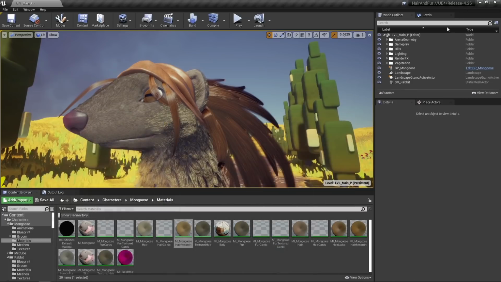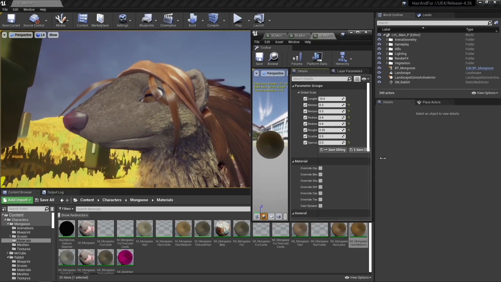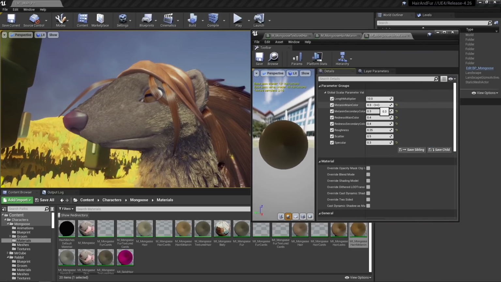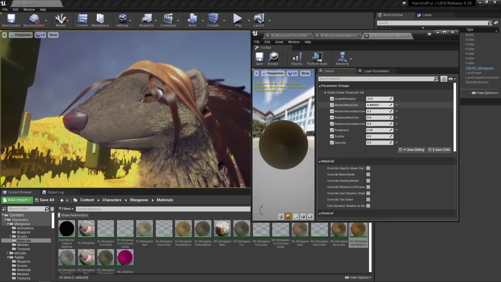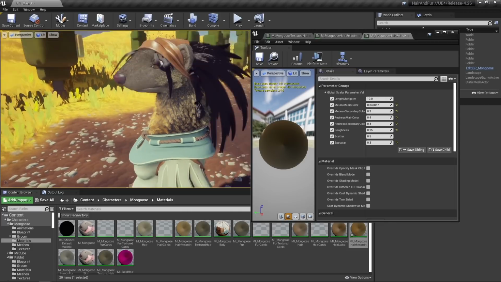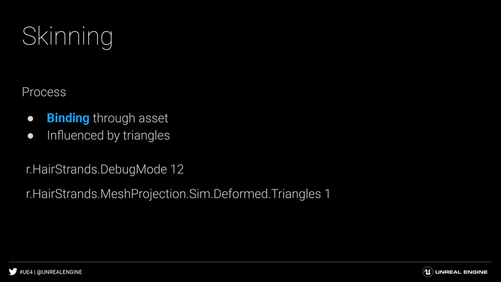So the result of that will be that if I go to the material instance and I modify a bit the amount of melanin, you can see that as I lower the amount of melanin, it goes to white, losing coloration. And if we increase the amount of melanin, it will go to a really dark hair. And that is accurate to reality. So you can pick a color or find your color using the amount of melanin on the hair as I show you. And now let's dive into the skinning and simulation process.